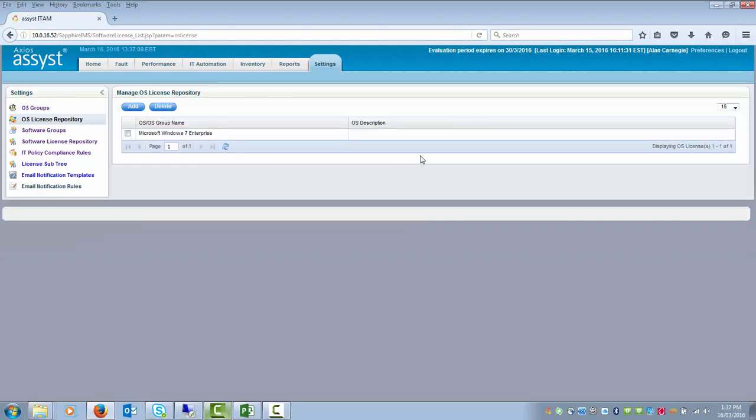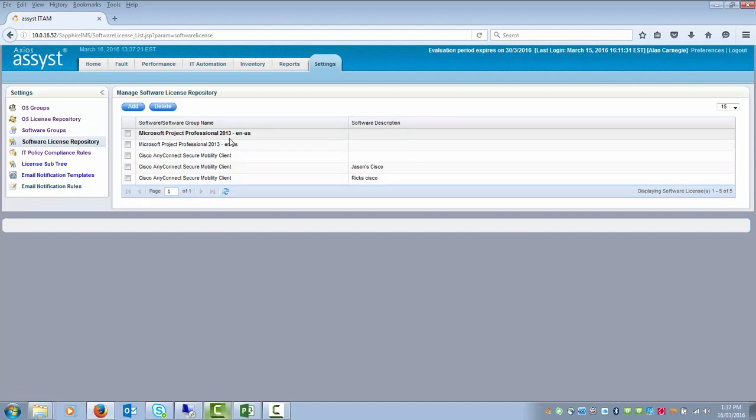I'm finished. While I'm here though, I'm going to monitor an individual piece of software. So I'm going to click on the software license repository. And in this example, it's not an operating system, it's individual bits of software. So we've done some Cisco, we've done some Project. What I want to do